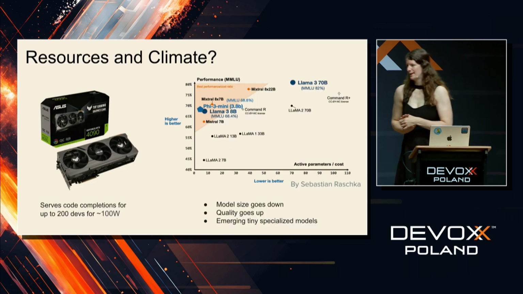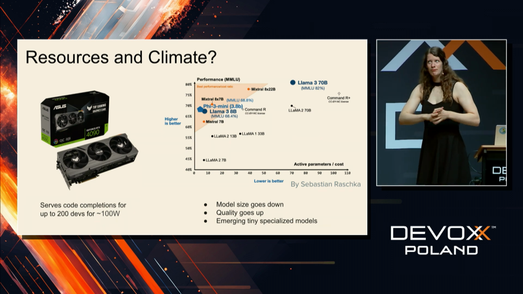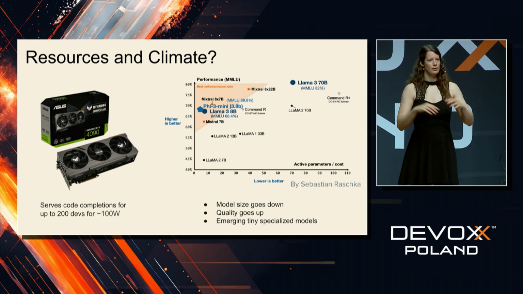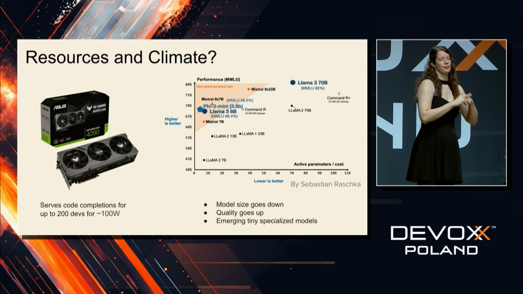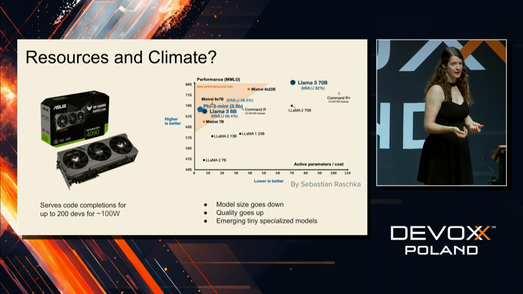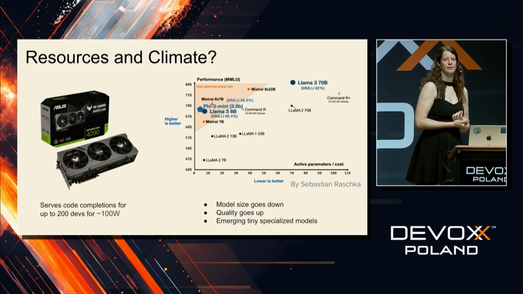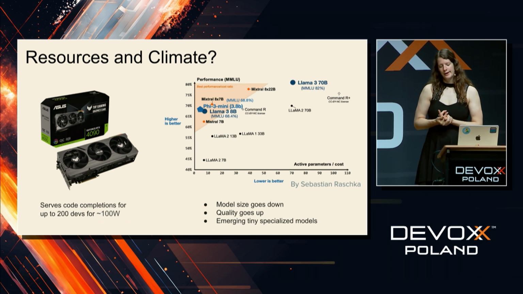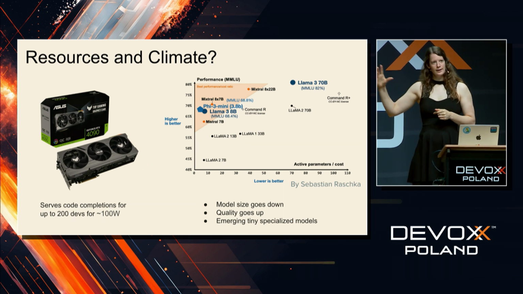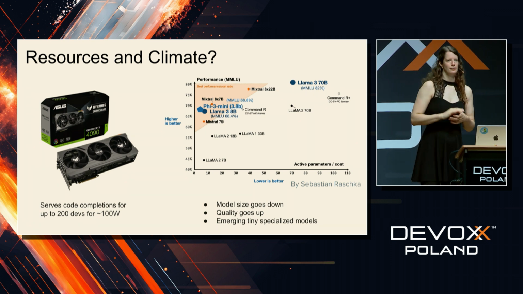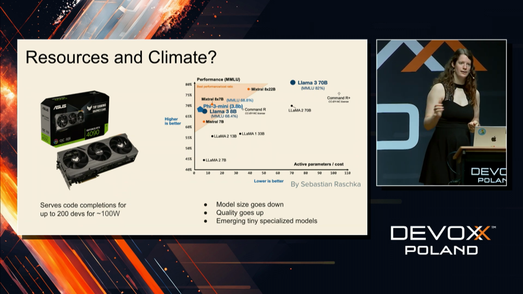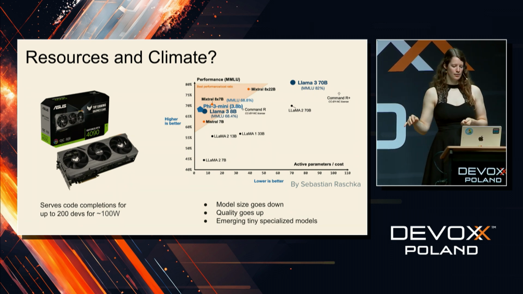Now, how about the climate? Say 1.5 years ago, these models were huge. They're eating up a lot of resources. They still do. If we start throwing AI at everything, it might be very costly in terms of electricity and hardware. But then, on the other hand, we see that the model size decreases by orders of magnitude for a similar quality. And so does the cost drop also.